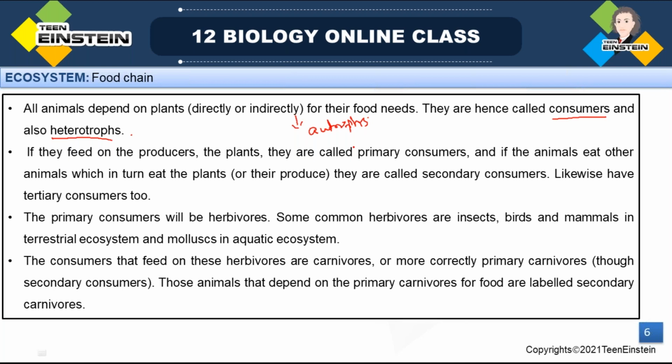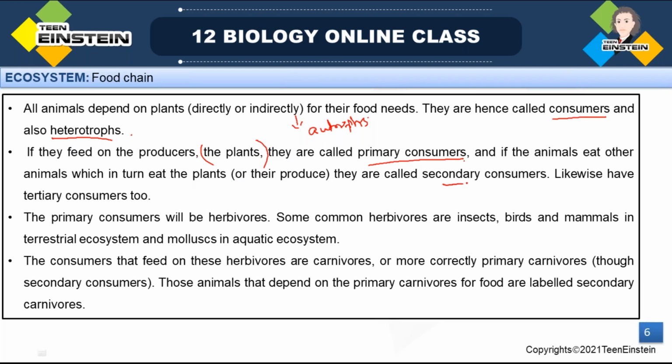And here animals depend on plants for their food. So they are called consumers. They are consuming from autotrophs or plants. And that's why they are called heterotrophs. So if they feed on producers, the plants, they are called primary consumers. And if animals eat other animals, which in turn eat the plants,